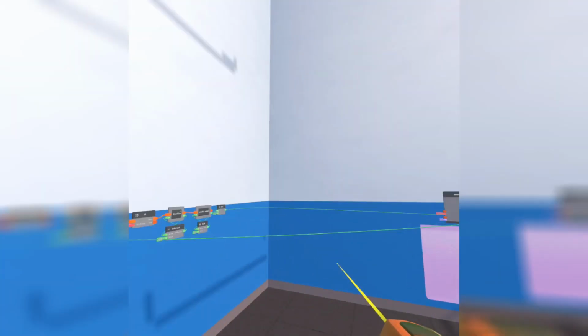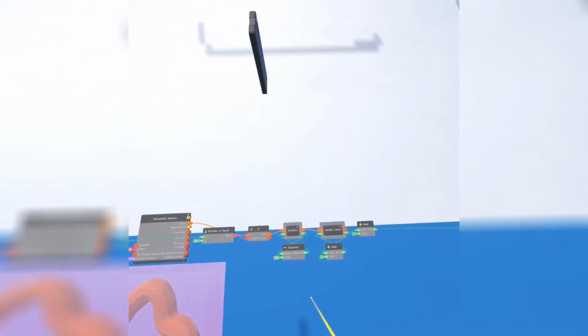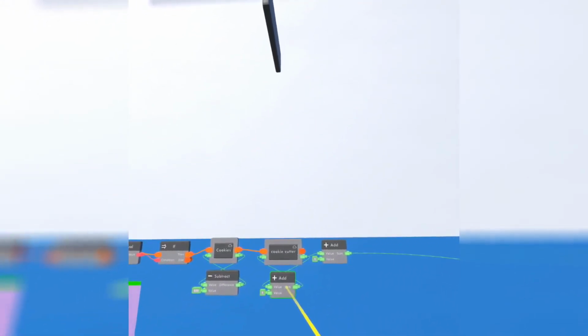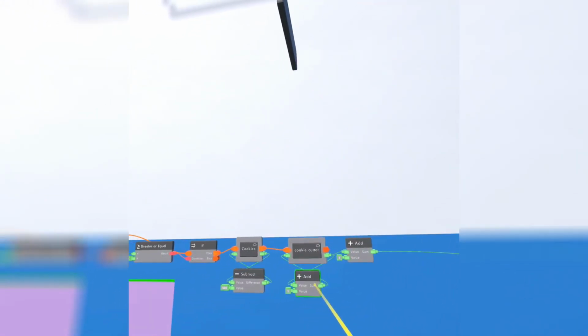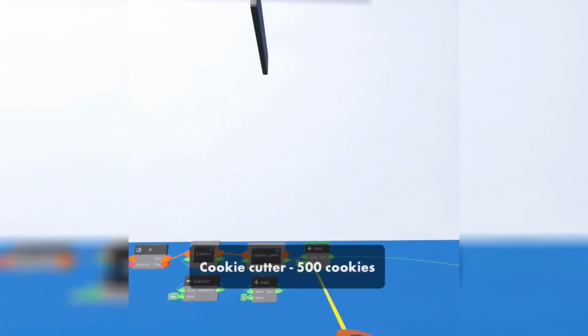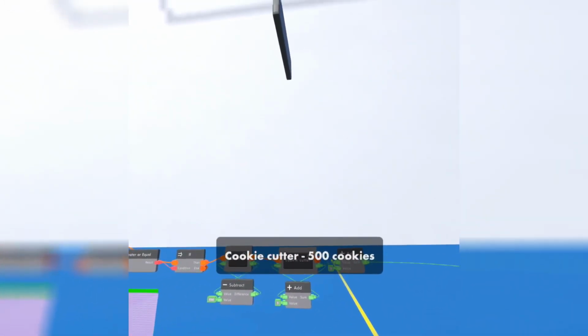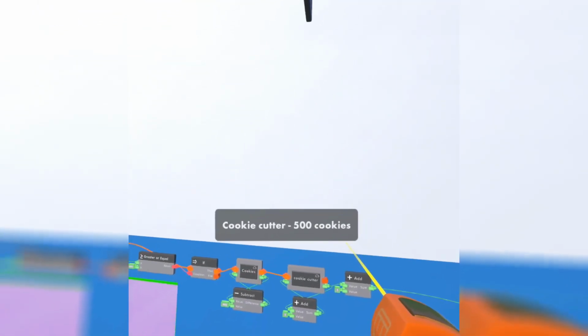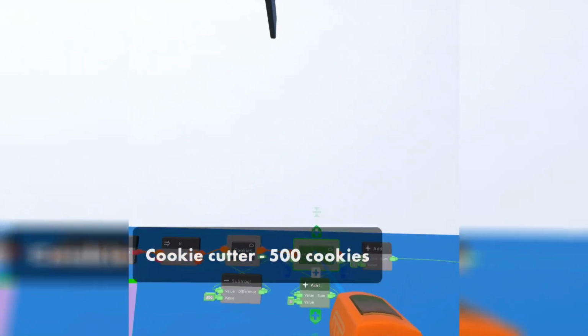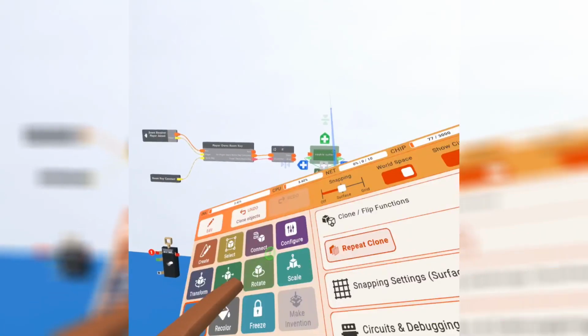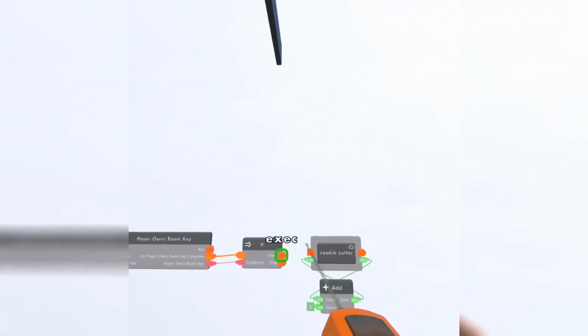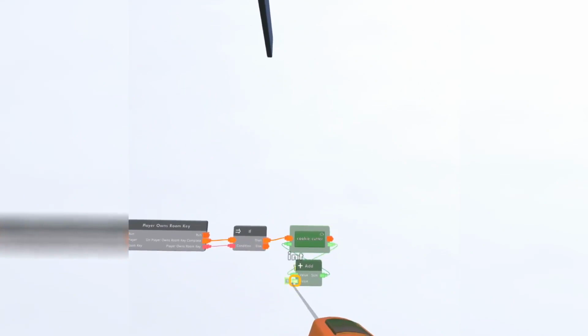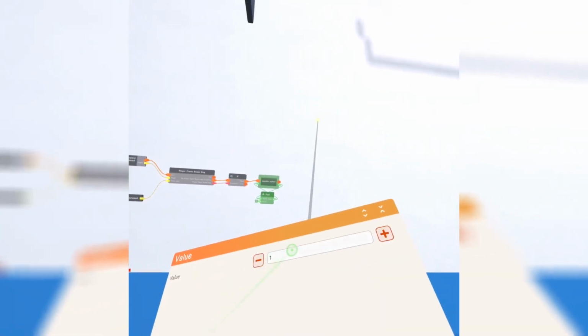So let's have it so if you spend 1,000 tokens, your cookies go up by, I don't know, what should the cookies go up by? Let's say you add 5 to the cookie cutter, or 10. How much is it again? 1,000 for this? Okay, so whenever you join and you have the room key, it is going to add 10